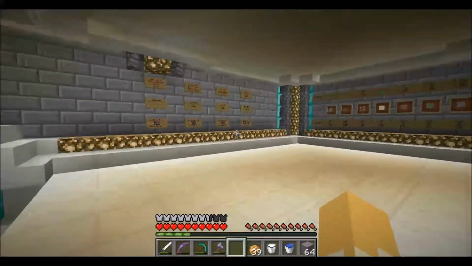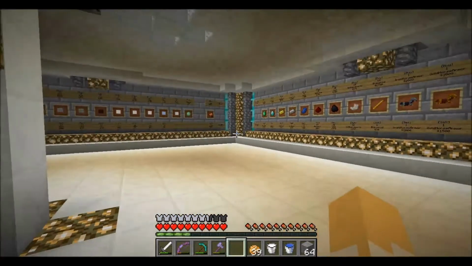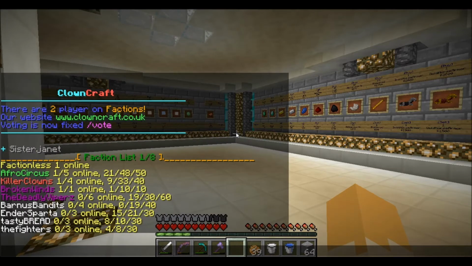But I want to talk a little bit about what's going on here with the server. So let's just do a quick F list here. This is showing the factions that are in the game right now, and you can see my faction is AfroCircus. That's Mafro's faction, AfroCircus. And you can see right now we are at the head of the pack. We have 21 claimed chunks. We have 48 power out of 50 max. And right below us, a little below us, are the KillerClowns with only 9 claimed chunks,